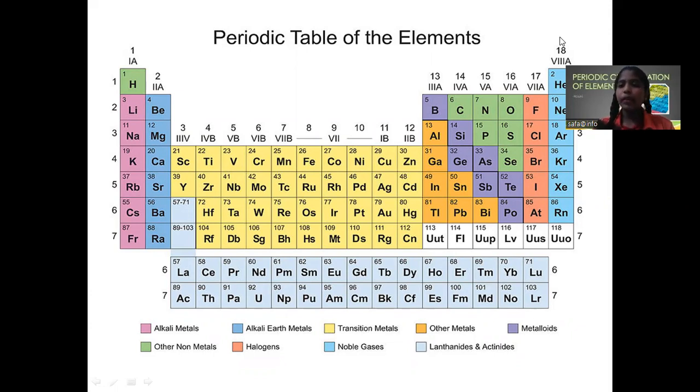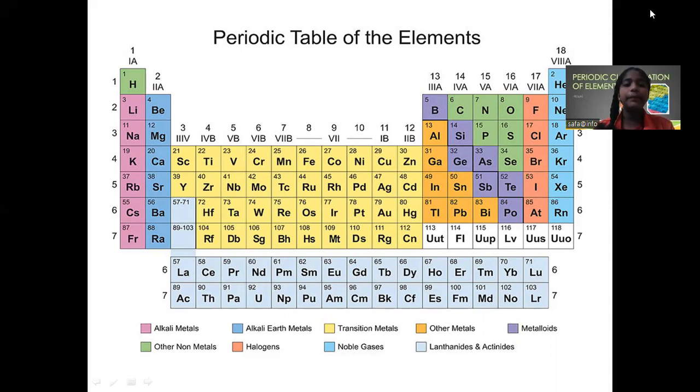Today we are going to learn about classification of elements, a periodic table of the elements: hydrogen, helium, lithium, beryllium, boron, carbon, nitrogen, oxygen, fluorine, neon, sodium, magnesium, aluminium, silicon, phosphorus, sulfur, chlorine, argon, potassium, calcium, scandium, titanium, vanadium, chromium, manganese, iron, cobalt, nickel, copper, zinc, gallium, germanium, arsenic, selenium, bromine, krypton, rubidium, strontium, yttrium, zirconium,